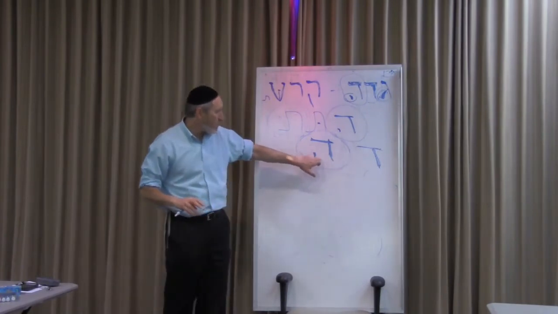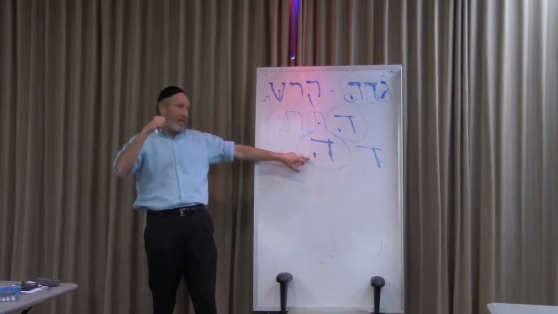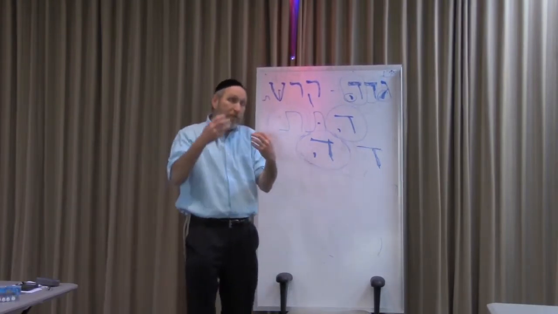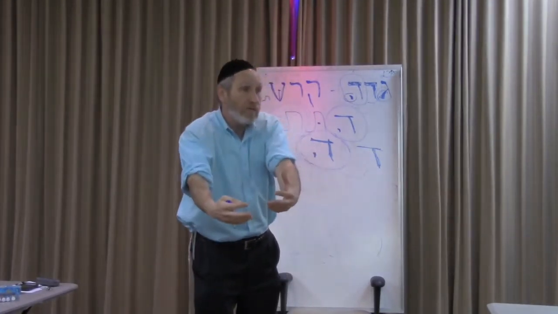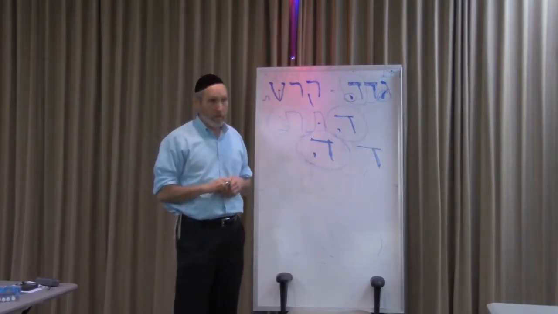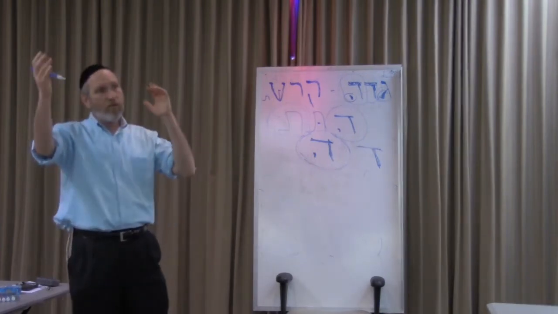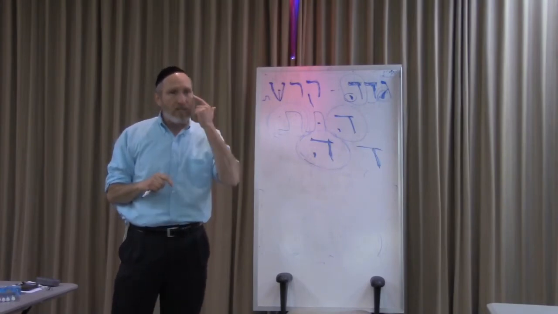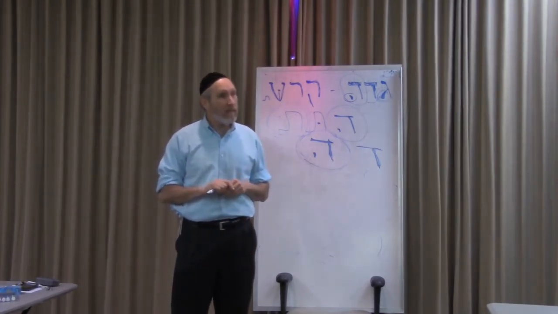So you're right, it's funny here that this Yud, this little dot, which is originally the intent, in the letter Hey now, the way I'm saying it is the action, but the original intent is supposed to be what we see in the very end. When a person, let's say, builds a building, you see he built it this kind of way, with this kind of design. And I say, now, this is what I was thinking. The builder says, you know what, that's exactly what I was thinking in the beginning.